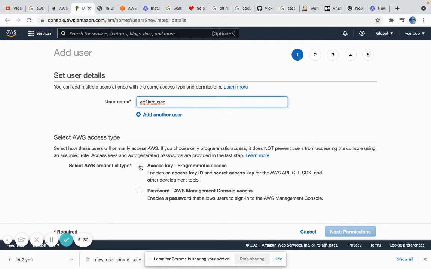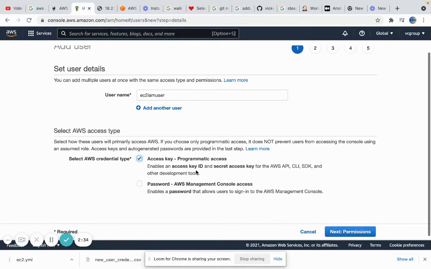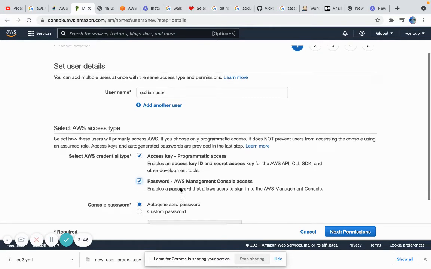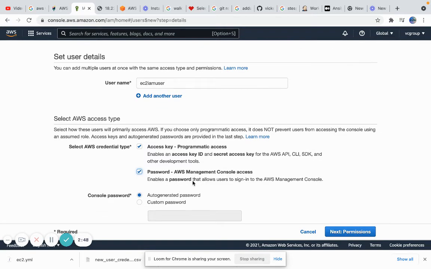I'm going to give programmatic access so that he can access through SSH when he configures his credentials on his personal computer or development server and things like that. Then he can get console access as well. He can provide his username and password and log in using them.